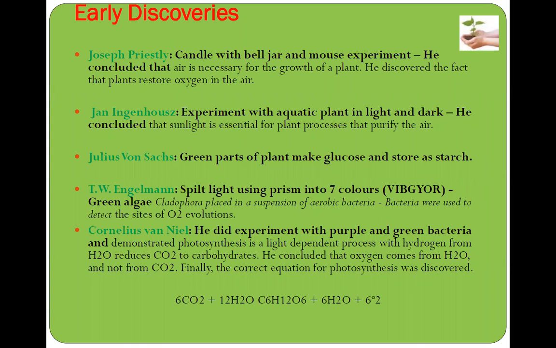So generally we think that there are two molecules, right? One is hydrogen, which is coming from H2O, and it reduces the carbon dioxide to carbohydrates. So upon photosynthesis, the light energy is converted into chemical energy, and for this reason he concluded that oxygen is coming from the water molecule and not from the carbon dioxide. After this explanation, he gave a reaction, right? And this equation is 6CO2, that is 6 molecules of carbon dioxide, plus 12 molecules of water